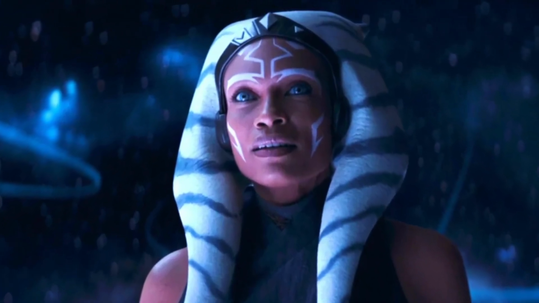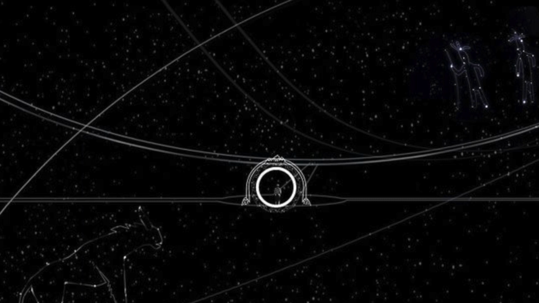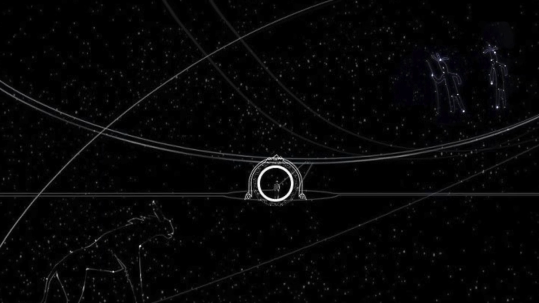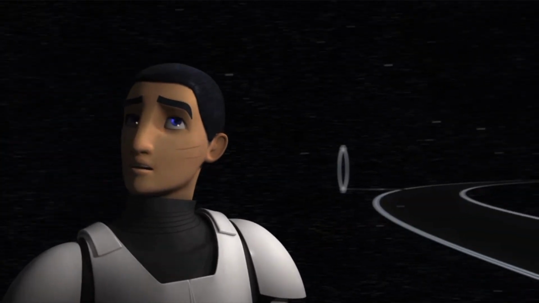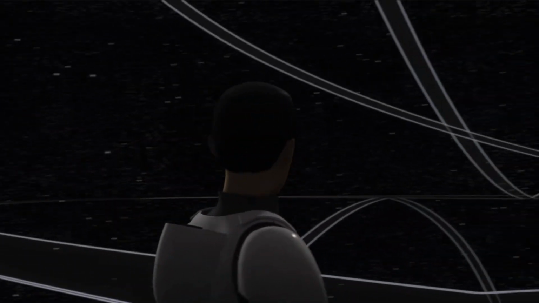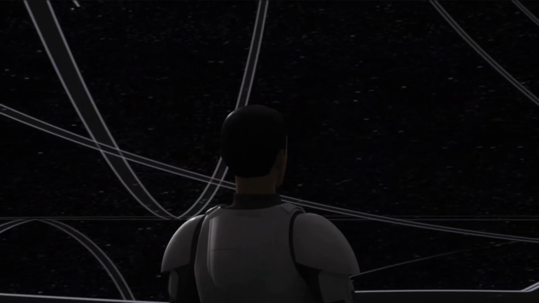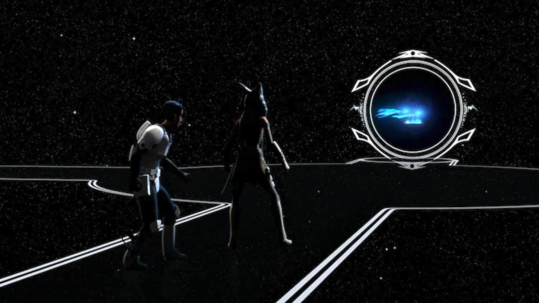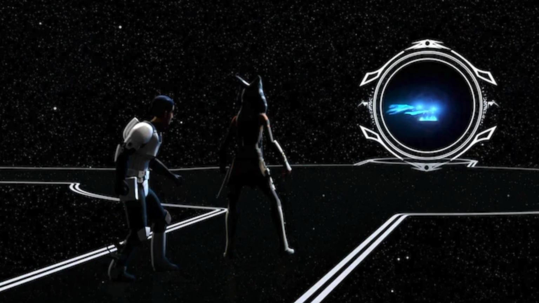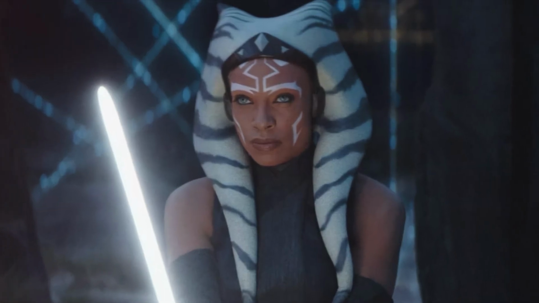So this crazy realm has been described as an echo of space and time by Dave Filoni, and the idea is one's own experience actually creates what paths and portals appear in the world between worlds. So each individual experiences a different world between worlds, linked to their own history and experience. Since Ahsoka has already been through the world between worlds, perhaps she is already connected, and maybe that's the reason why she was able to travel there this time.